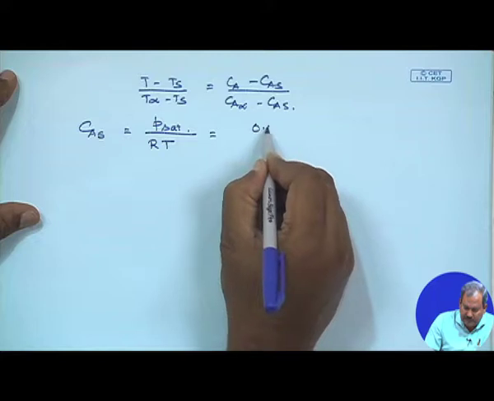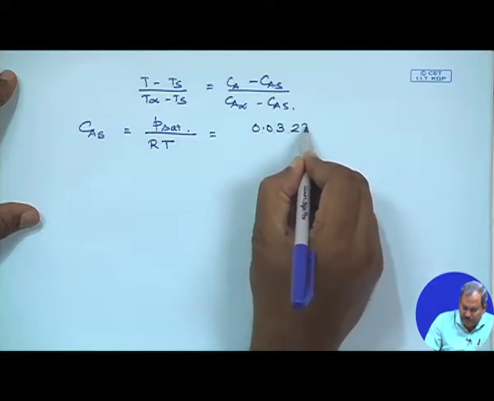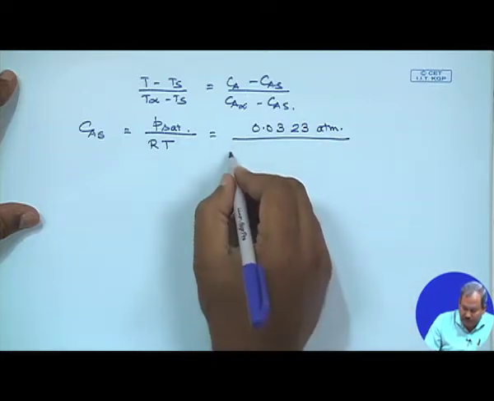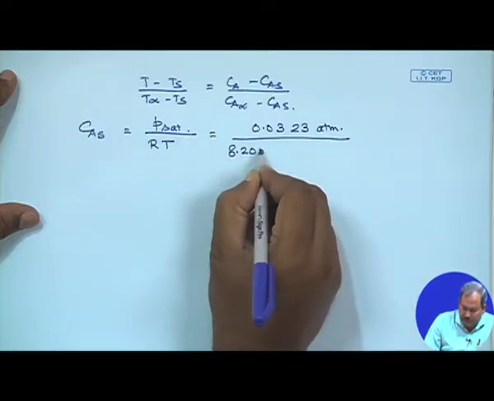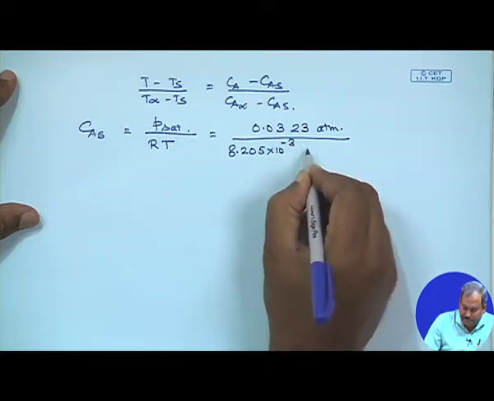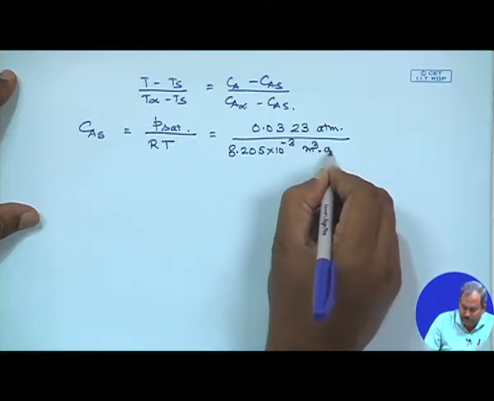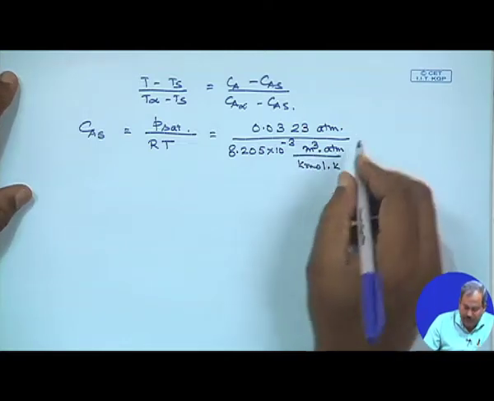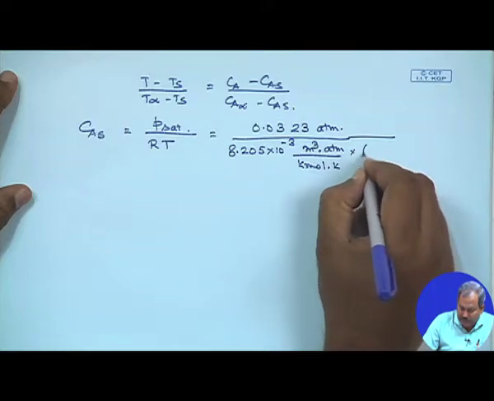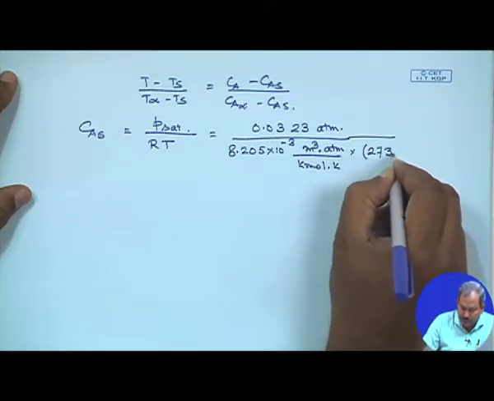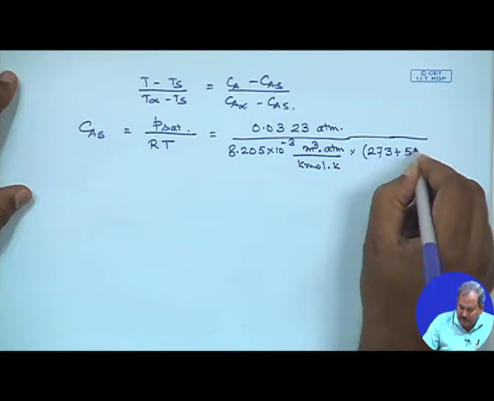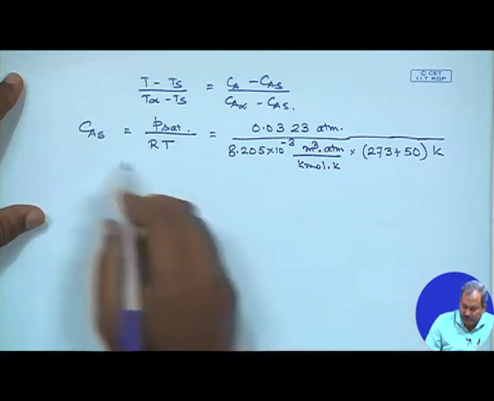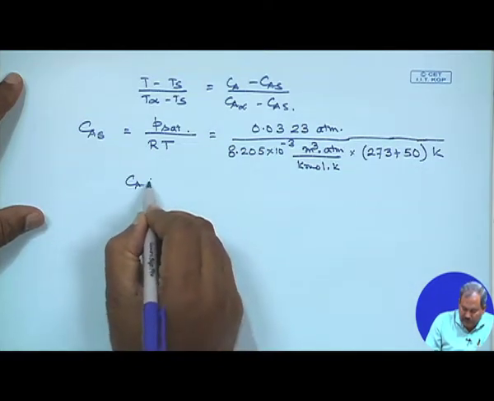The PA sat is provided as 0.0323 atmosphere. If we use the corresponding value of R, which is 8.205 into 10 to the power minus 2 meter cube atmosphere per kilomole Kelvin, and the temperature in Kelvin scale. The temperature for the case of mass transfer is 50. So, this is the concentration where CAs